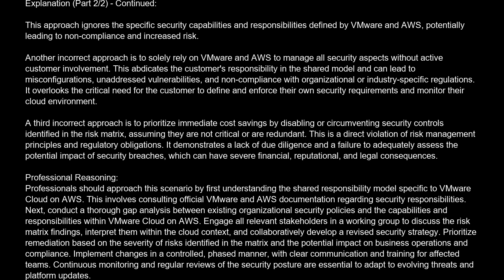Professional reasoning. Professionals should approach this scenario by first understanding the shared responsibility model specific to VMware Cloud on AWS. This involves consulting official VMware and AWS documentation regarding security responsibilities. Next, conduct a thorough gap analysis between existing organizational security policies and the capabilities and responsibilities within VMware Cloud on AWS. Engage all relevant stakeholders in a working group to discuss the risk matrix findings, interpret them within the cloud